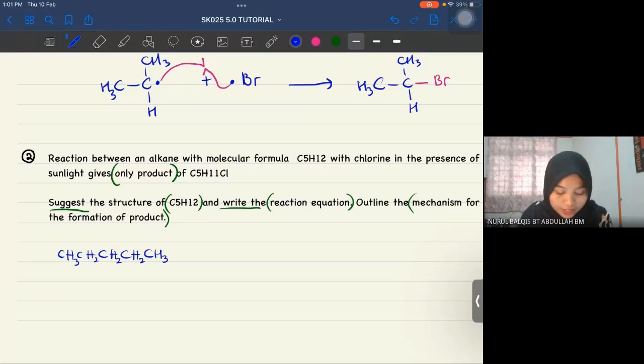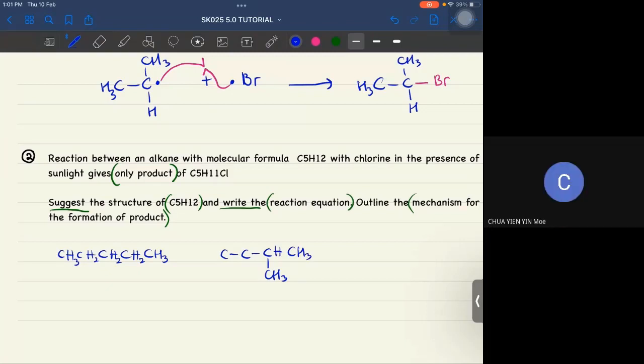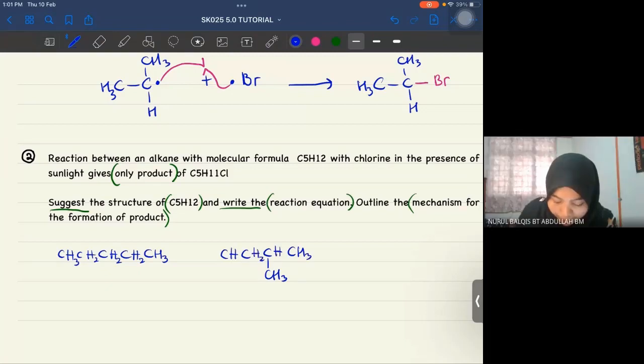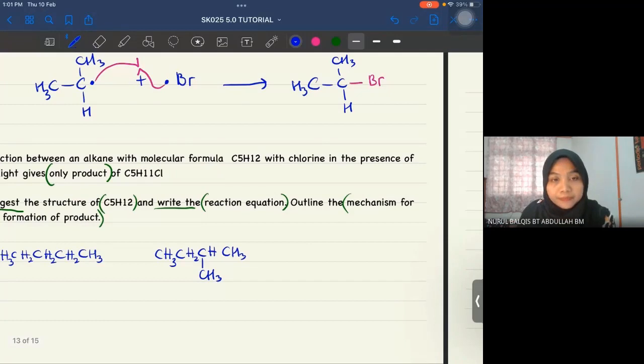So from the longest carbon chain of 5, kita akan kurangkan dia jadi 4 kan? Satu lagi nak jadikan branch, is it? Yes. Okay, lepas tu boleh tak kita pendekkan dia lagi? Boleh. So kita akan ada